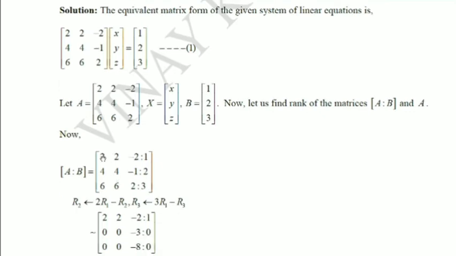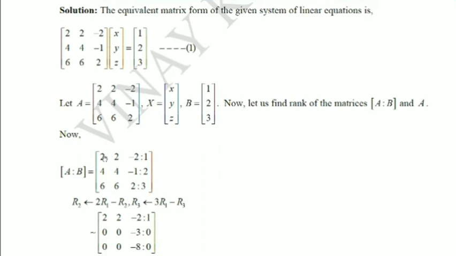Now apply that. I'm not doing anything for row 1, so I'll keep it as it is. Now the second row: 2 times R1. 2 into 2, 4. 4 minus 4, 0. Next, 2 into R1, 2 twos are 4, minus row 2, 4. 4 minus 4, 0. 2 into minus 2, minus 4, minus the corresponding R2 entry. Minus into minus becomes plus. So minus 4 plus 1 becomes minus 3. Then 2 ones are 2, minus 2, so 0. Next, row 3.